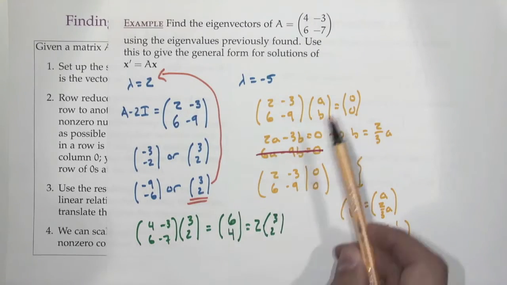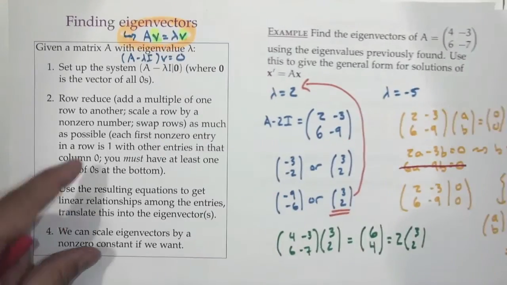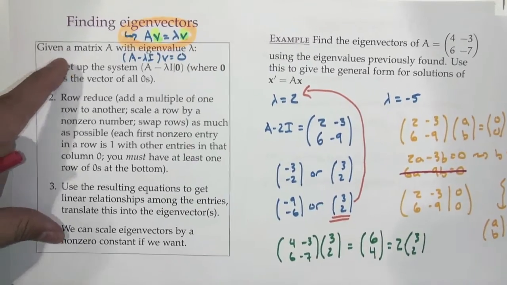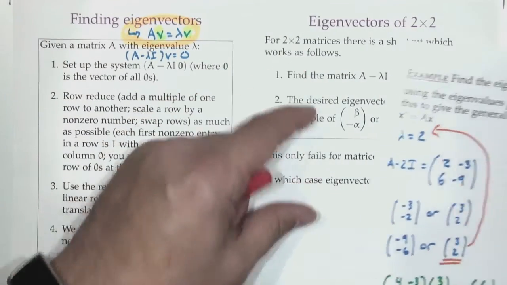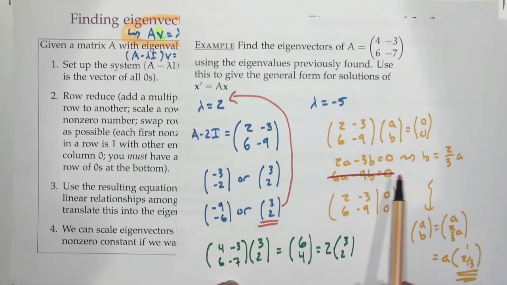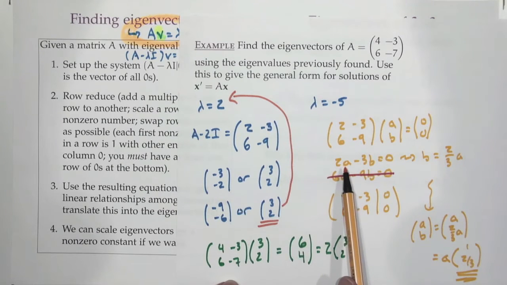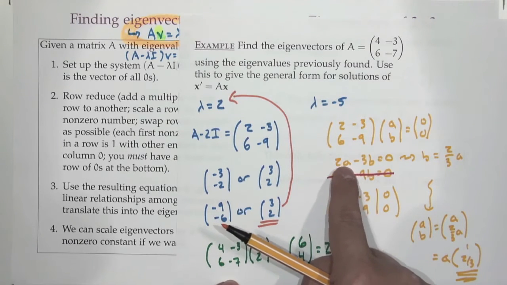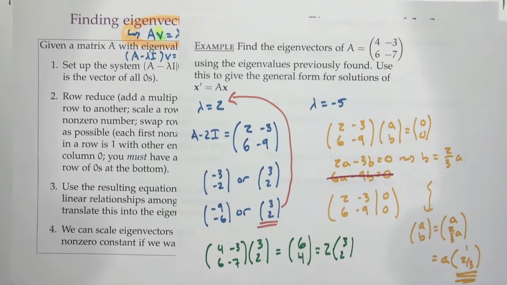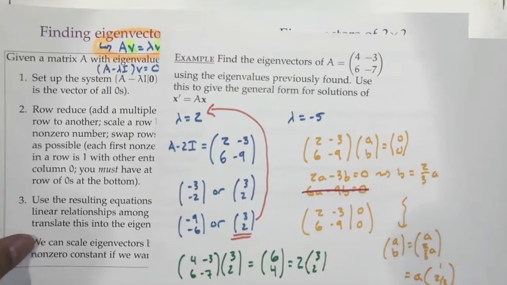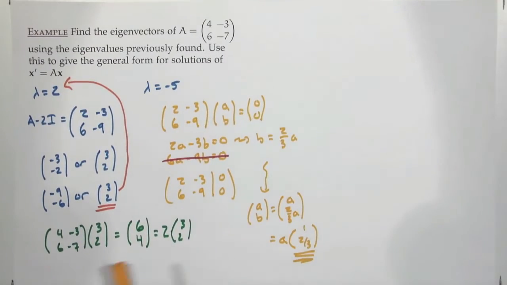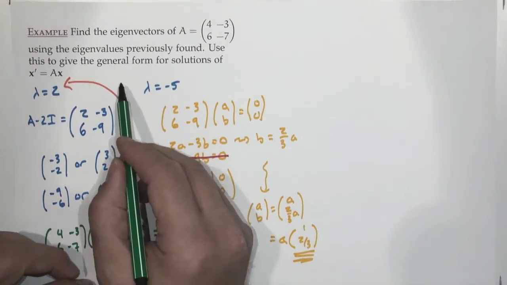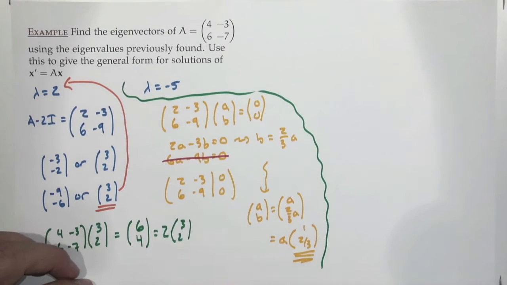So this process of setting up a system of equations is what's going on here. This process is basically saying, hey, I already see that one of your equations is redundant. And then it's like, oh, if I want 2a minus 3b to equal 0, we'll just say a equals 3 and b equals 2. So that's what happened. All right, now that's only lambda equals 2. Well, lambda equals -5, we'll do a little bit quicker. Okay, so now that we've done lambda equals 2 to a very high degree,